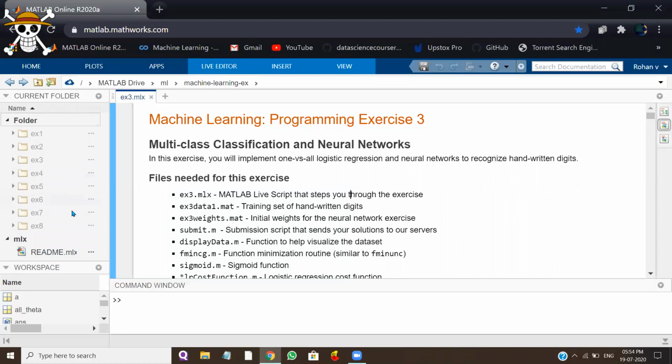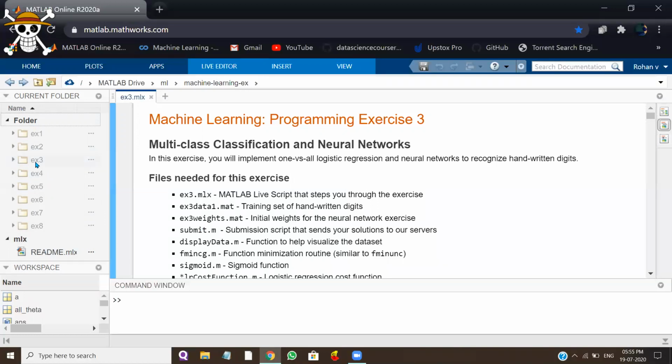You'll get a zip file. If you extract it, you'll be able to see all the exercises. I've downloaded all the exercises from a single common zip file. So if you haven't done that, please do it and then continue watching my video. If you don't know how to do it, please check my first video. I have included the link in the description. So let us start this video.